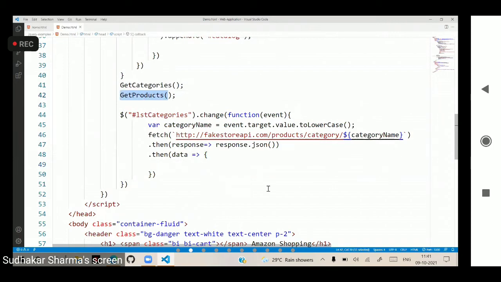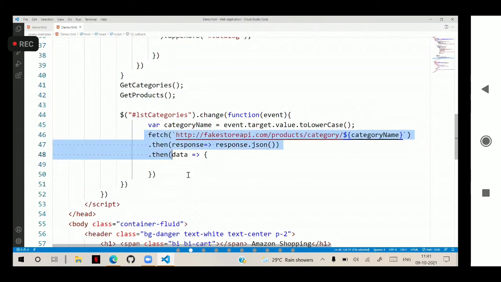And remember, depending on the situation, if the category name is all, then it will simply access all of them. That means here we will write a condition first. We have to display the products that belong to that category.